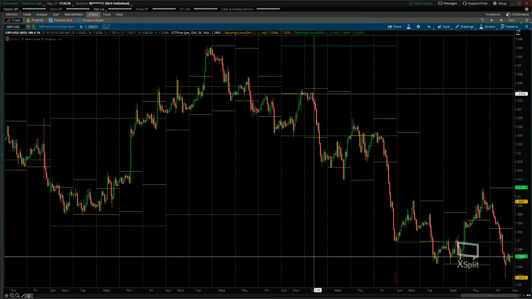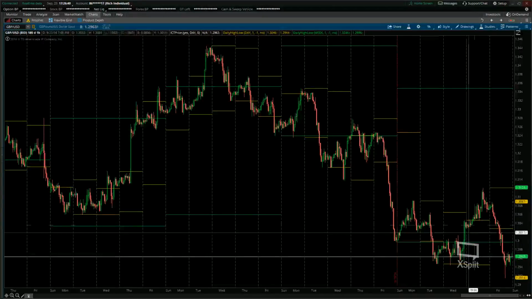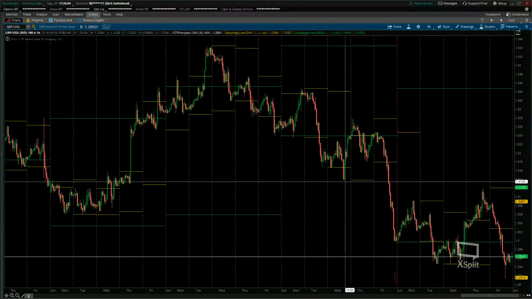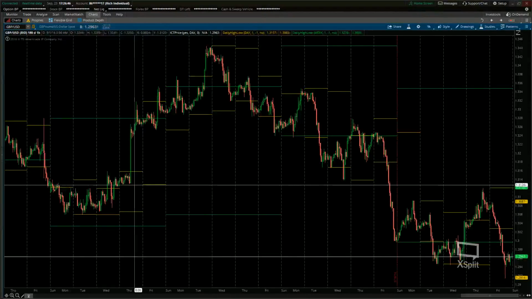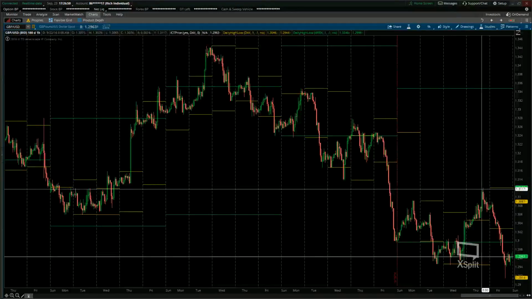So they could have been selling short up here, and it didn't come up. I was expecting it to come up into this area over here. But if you look backwards,